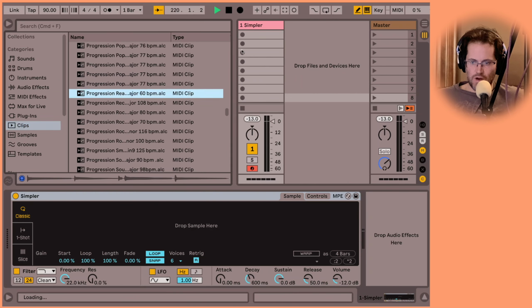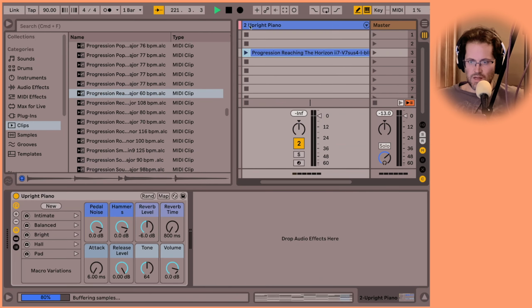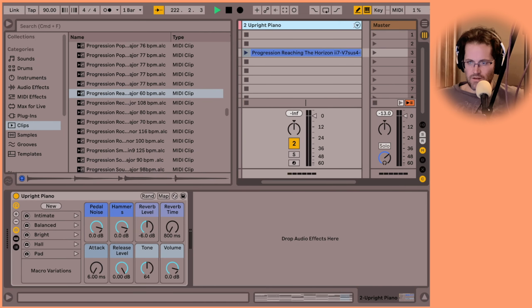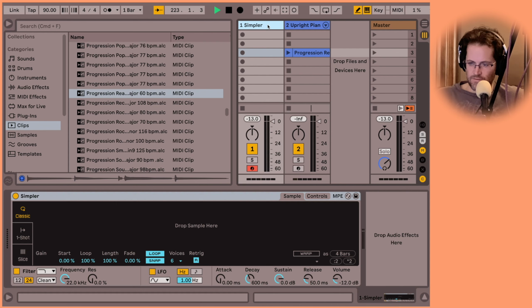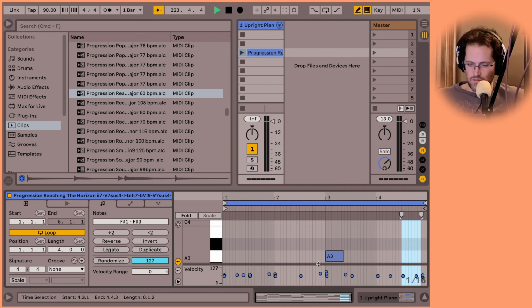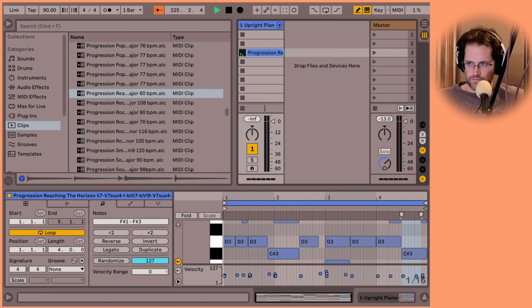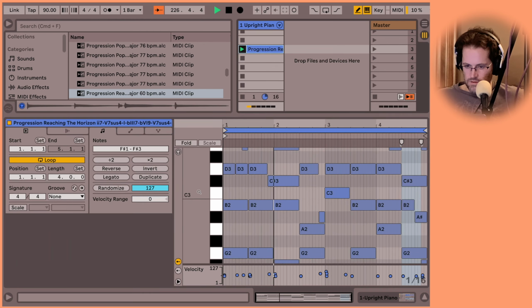So if we dragged one of these into a MIDI clip, man, why'd you make it that big? If you double click on it, there'll be MIDI notes. Did you know that you could have that? Let's click play. Did you know that?